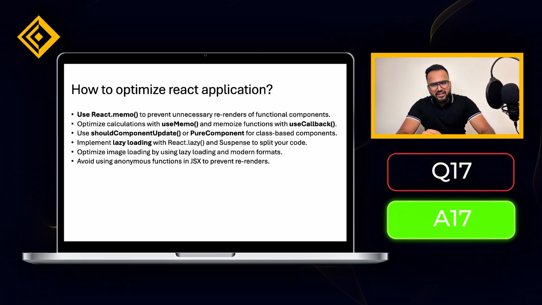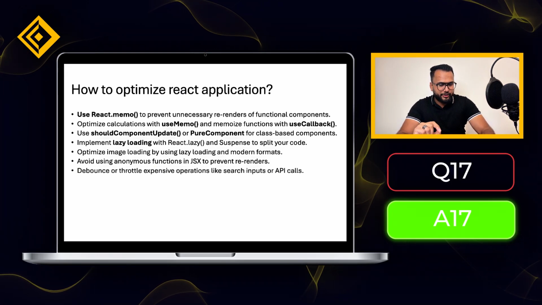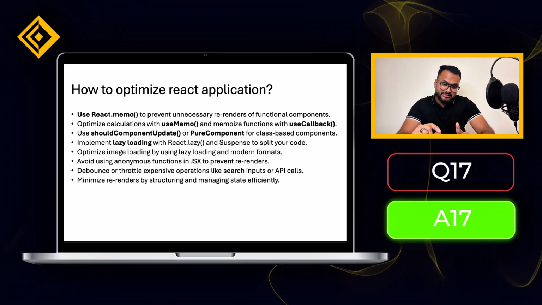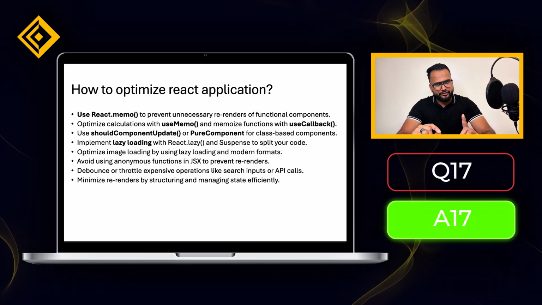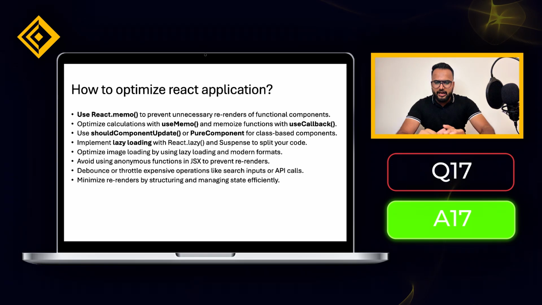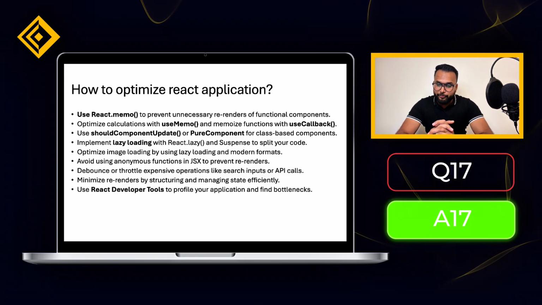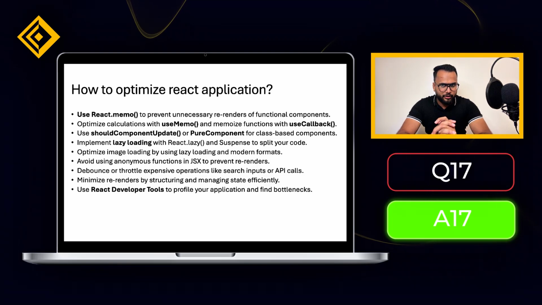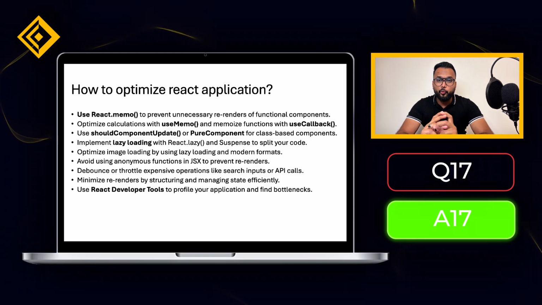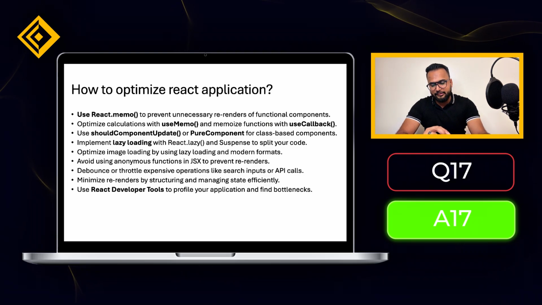Then debounce and throttle expensive operations like search input or API calls. After that, minimize re-renders by structuring and managing state efficiently. That will be done by using React Redux only. After that, use React Dev Tools to profile your application and find bottlenecks. You can easily find, by using React Dev Tools, where you are using more memory in your application or where